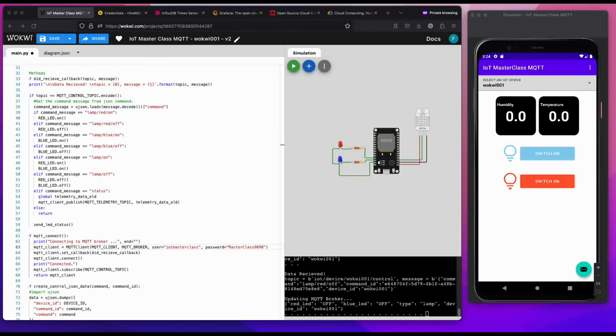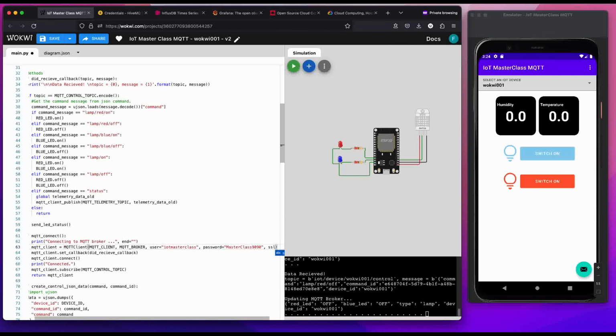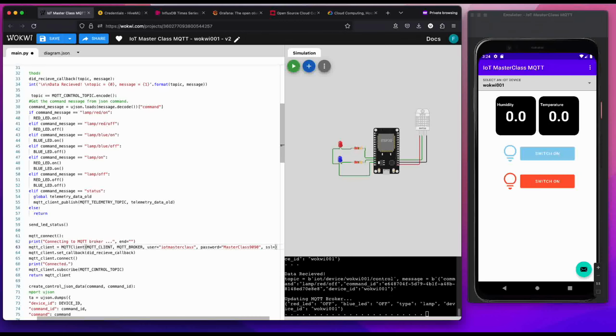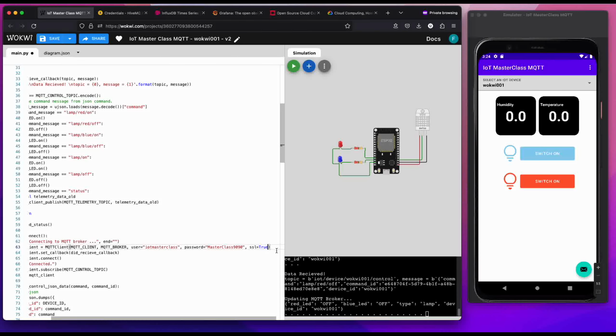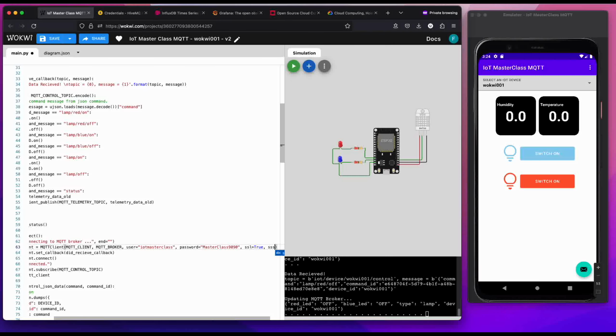Okay, let's go ahead and finish it up. So we would set SSL as true, and you could look at the documentation for this also. How to do this? I think there's a GitHub documentation that you can use for this. So SSL as true. We would also set SSL params